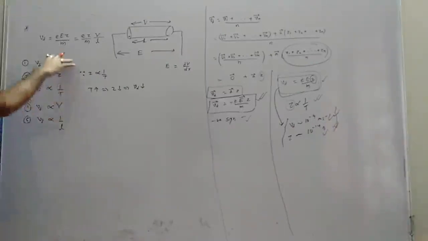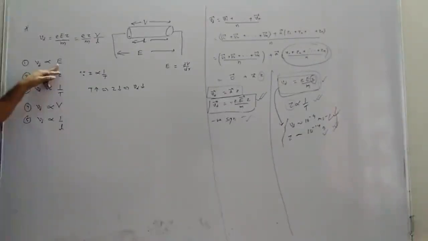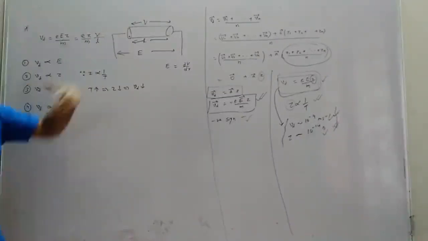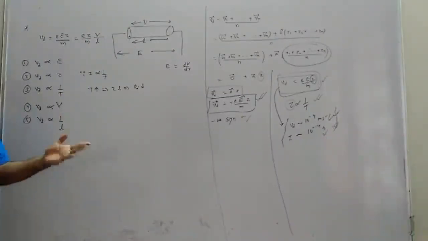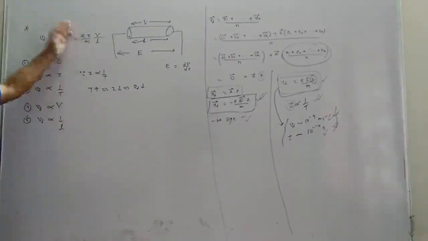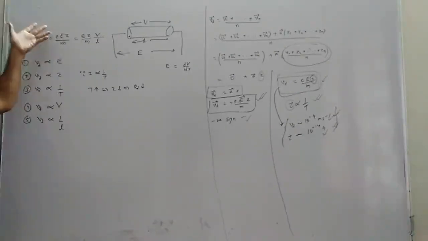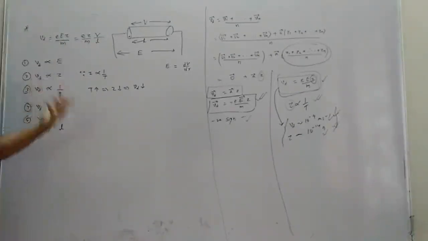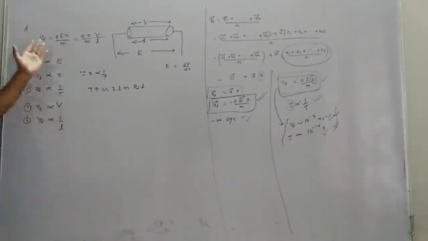So there are all these factors which we need to understand. Sometimes in numericals they ask only about electric field, and then you don't need to write this. But sometimes they ask about length, how it changes with length, and then you have to derive up to here. So sometimes we work with only this much, sometimes according to the question we need this also. It depends on the question. You understood everything? How we got from here to here? Is it crystal clear?